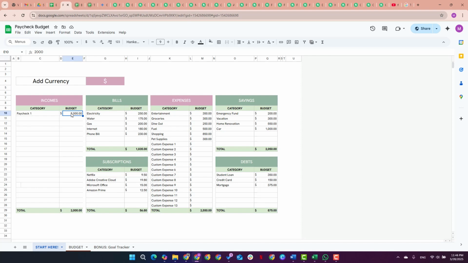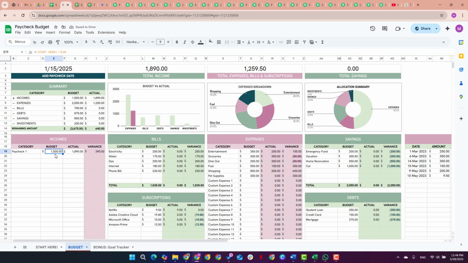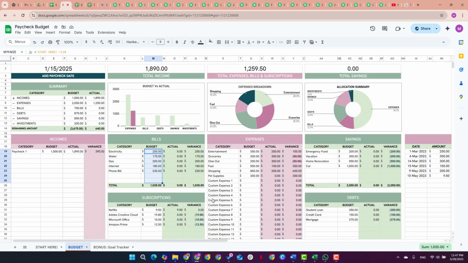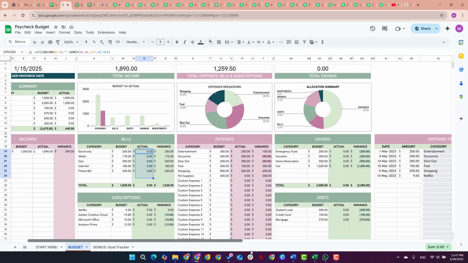It is 2000. If I change it to 1500, it is updated here as 1500. You will add the actual amount manually, and then variance is calculated based on the formula in the variance column. For the bill, the budget value comes from the Start Here tab. All these values, you will delete everything once you have the sheet, except for the currency column, or I will delete everything for you. And for the actual expenses, bills, subscriptions and everything, the user will